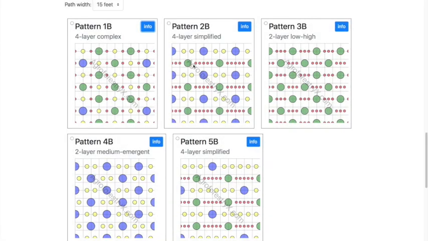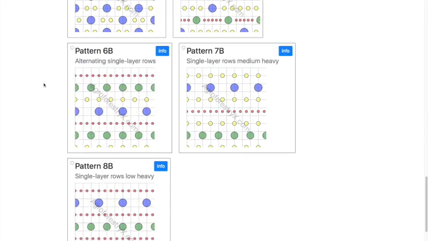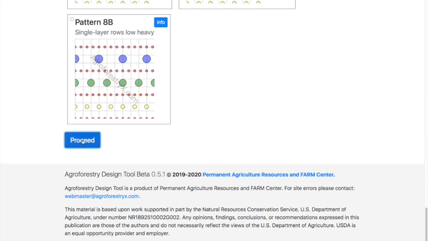When you're satisfied that you've picked the right one, go ahead, select it, and go to the Proceed button.